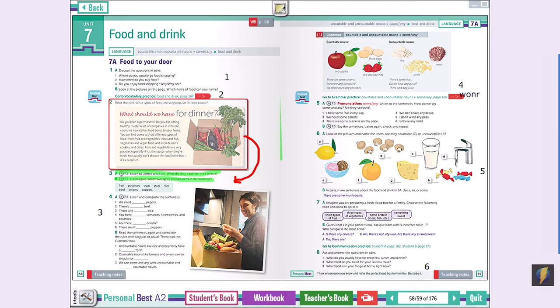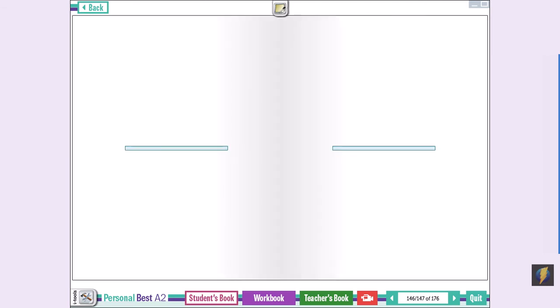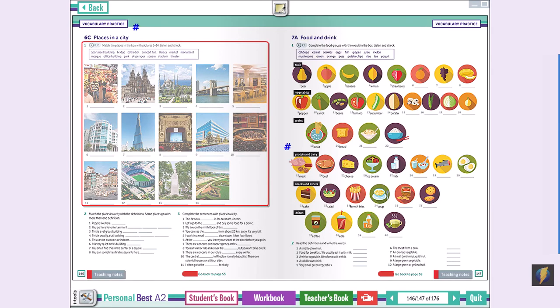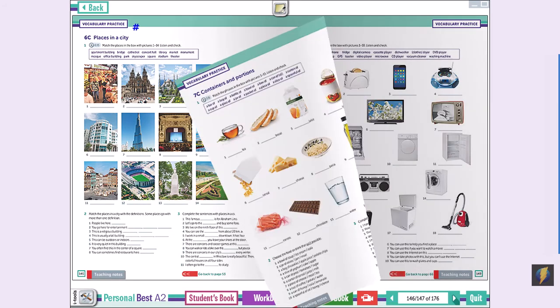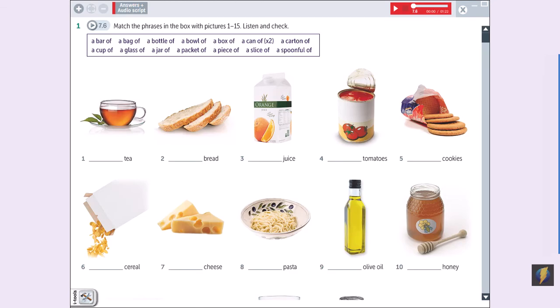Okay. Here we have another vocabulary that we need to learn, and we have the containers and